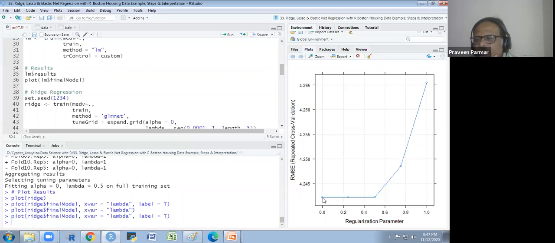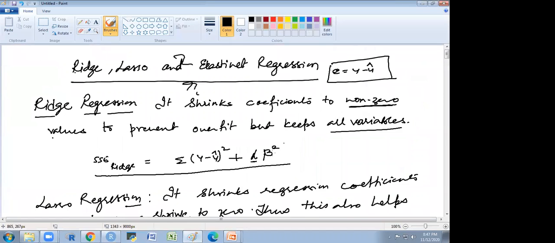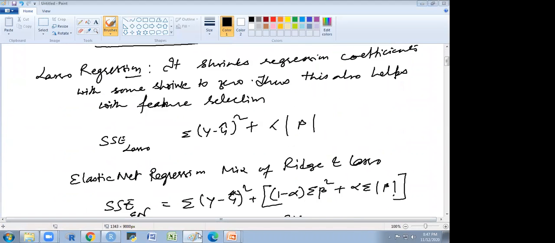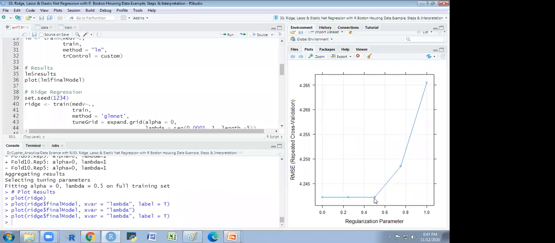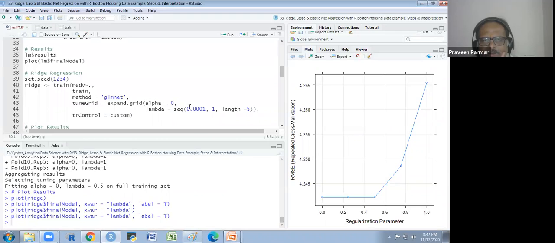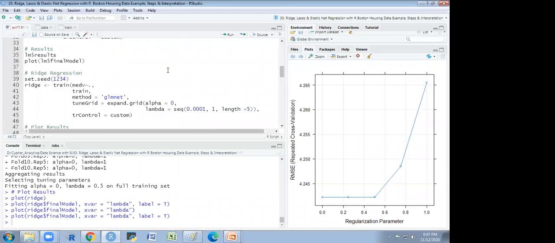If we take lambda 0, then there will be no regularization parameter controlling. If you write 0 in the code, I want to see in the code where you have mentioned that 0.5. The code I want to see, later I will explain it. Length 5 I have written here.